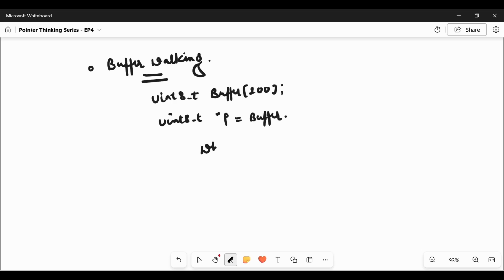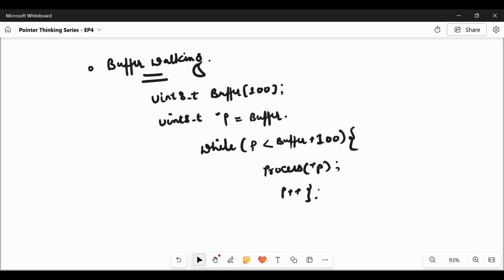We can use a loop while the pointer is less than buffer plus 100, so the complete buffer range. Process the packet, whatever processing we need to do, and simply increment the pointer to move to the next byte. This is how we do memory navigation inside embedded devices by using pointers.